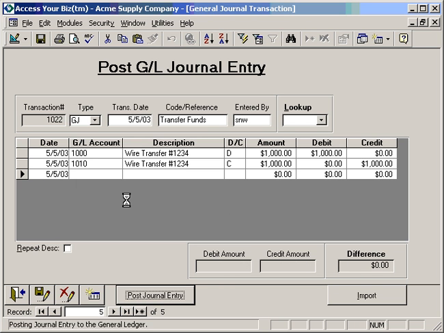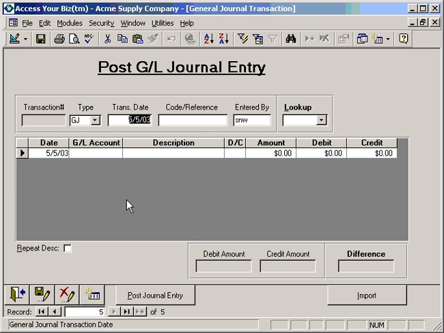It says, are you ready? We'll go ahead and say yes, and it went ahead and did post it. If you decide that you don't want to post a journal entry, you can go ahead and save it. We'll just enter in a quick journal entry like this,